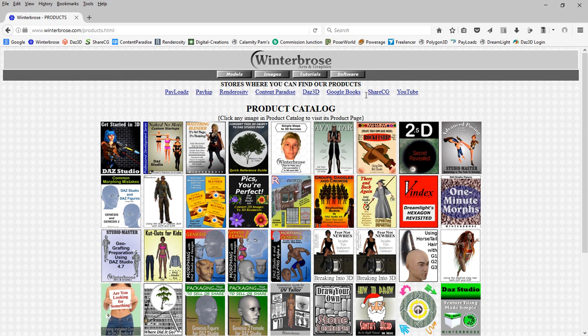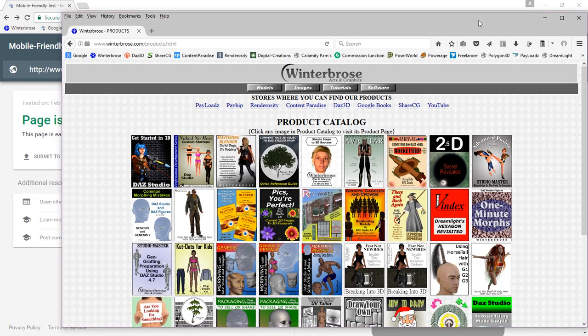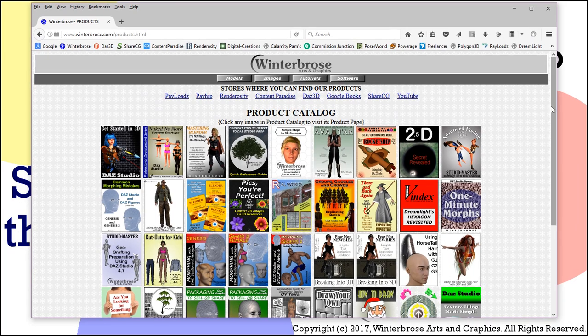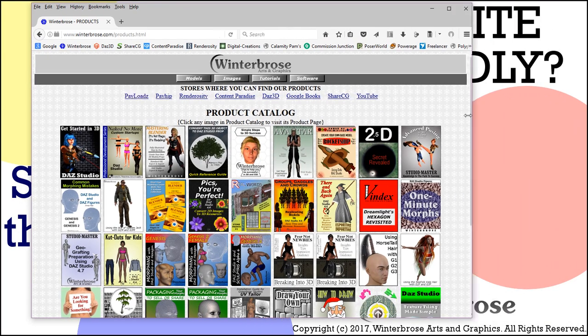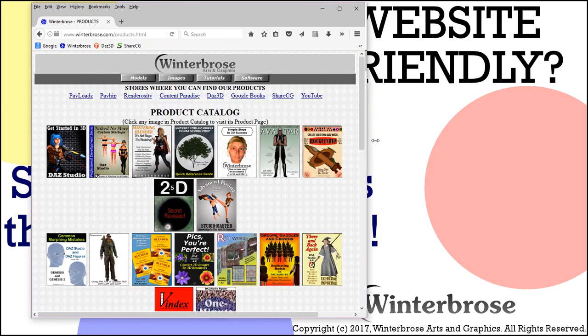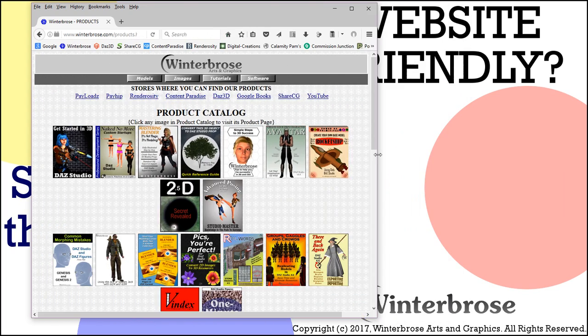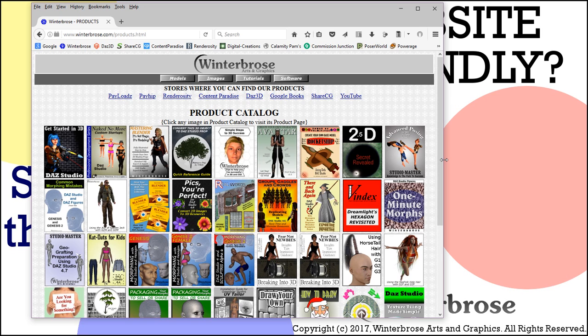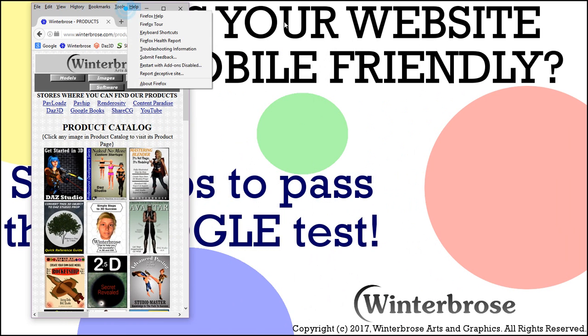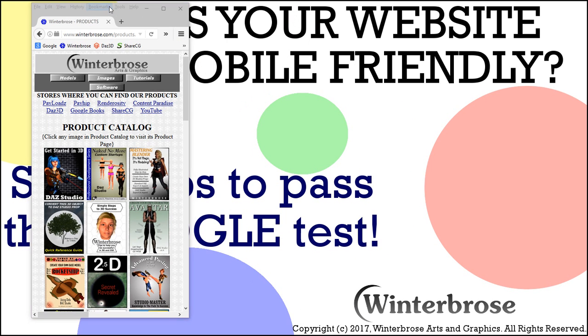What we can do is show you a real quick trick. When you're looking at your page and you want to test the mobile friendly, you can take this minimize button here, and you can grab the edge and slide it left and forward. You can see how the rows are sliding around. So if you're simulating different sizes, like maybe a tablet that might only be about that wide, or a cell phone maybe about that wide, you can see how